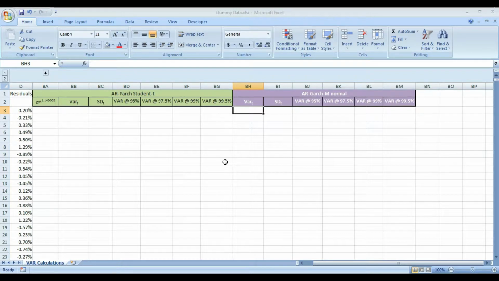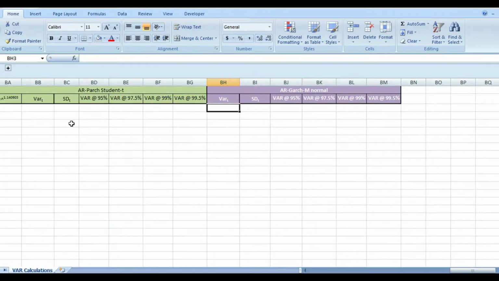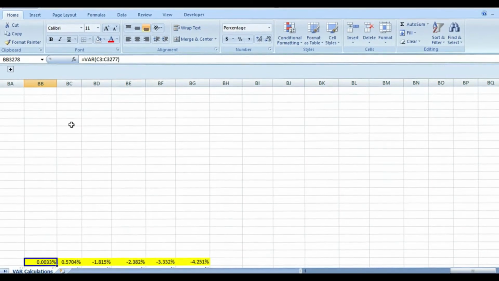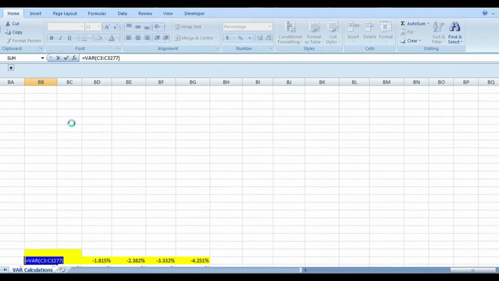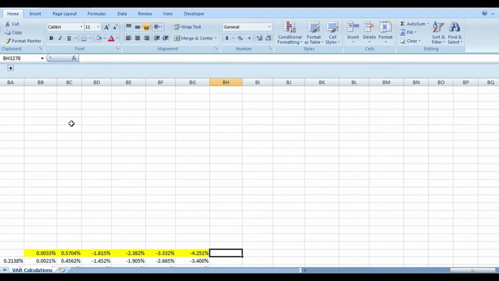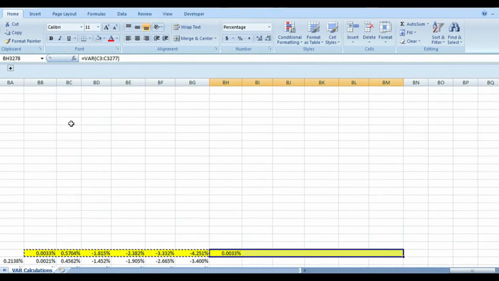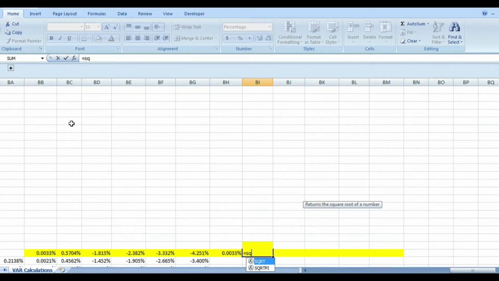I am Analyst 1. So the topic of today's discussion is estimating value at risk through MGARCH or GARCH-M assuming a normal distribution. So first thing we have to estimate the long run variance, which we can pick from here. So I'll copy the format. Standard deviation will be square root of this,